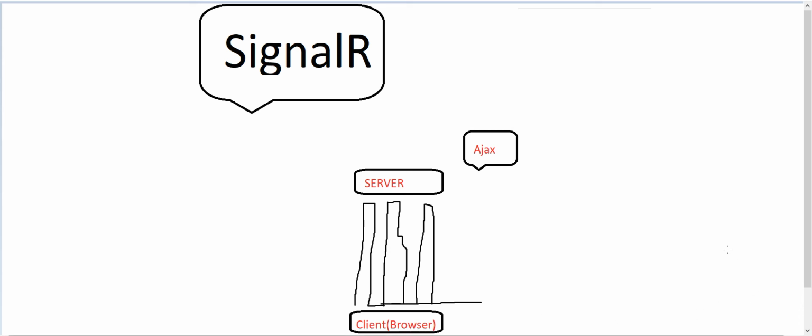But what does SignalR do? SignalR uses WebSocket, event source, forever frame, and long polling, and this enables the server to communicate with the client and send requests to the client. Now the server, with the help of the SignalR service, is able to send requests to the client. Every time the server has an update, like a new record being added, it sends a notification to the client, or it triggers a function on the client.